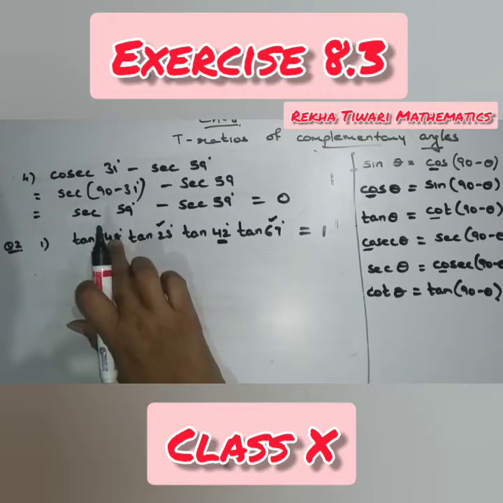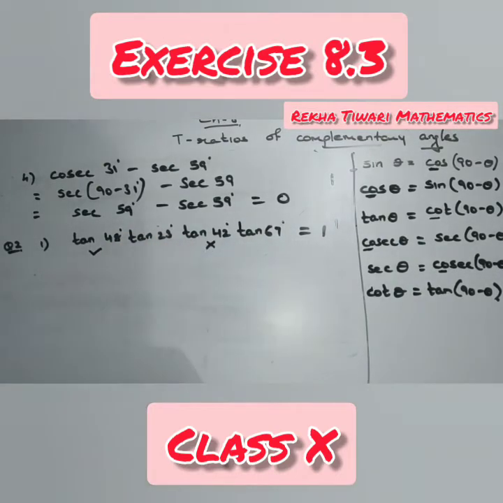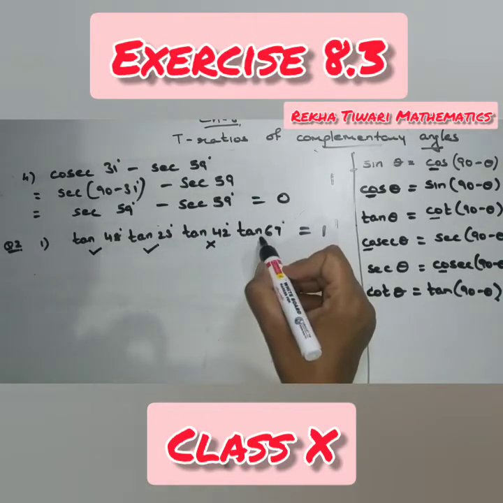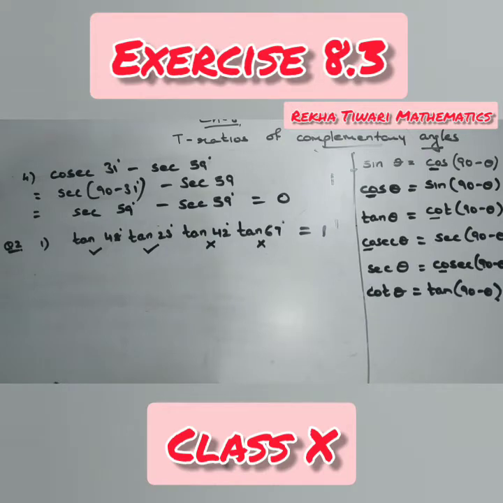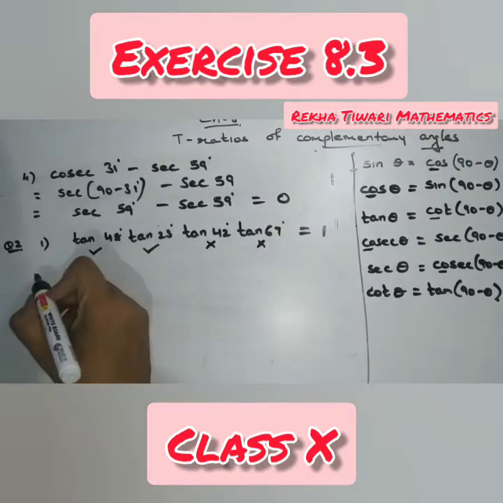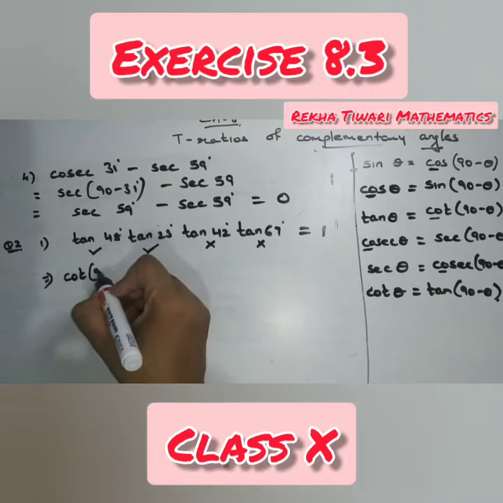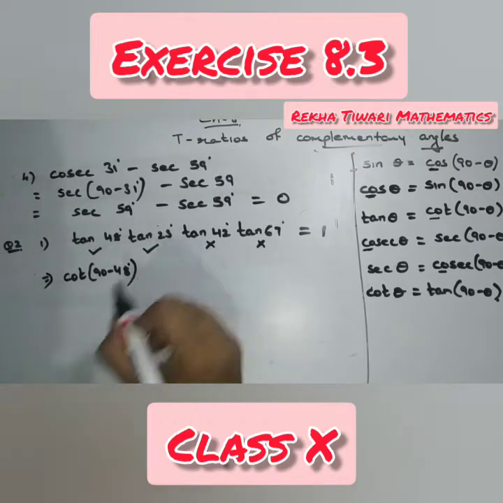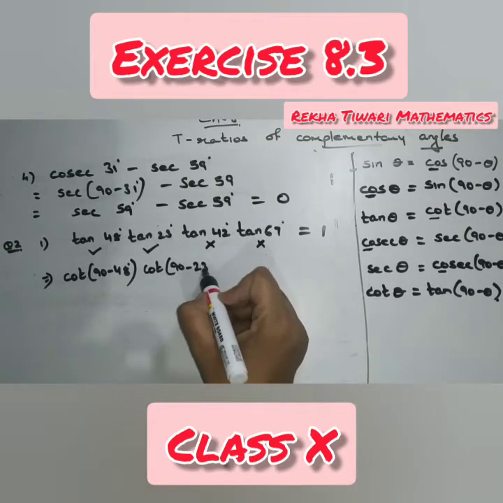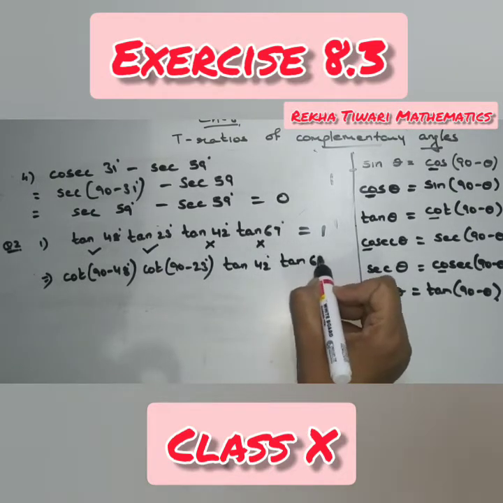So I will change tan 48 and I am not going to change tan 42. Similarly, if I am going to change tan 23, I am not going to change tan 67. So let us change these two and these two will remain the same. So this implies tan 48, tan is cot 90 minus theta, so this is cot 90 minus 48 degree. Again tan you have to change, cot 90 minus 23 degree. Let these two remain the same, tan 42 degree, tan 67 degree.